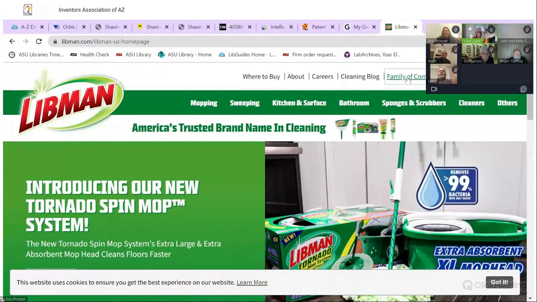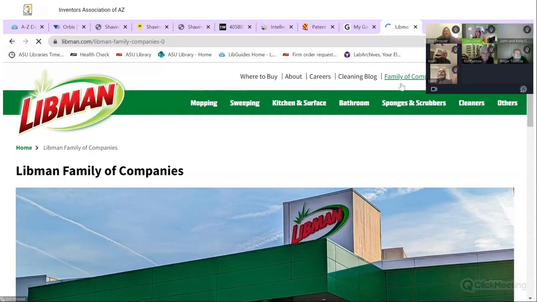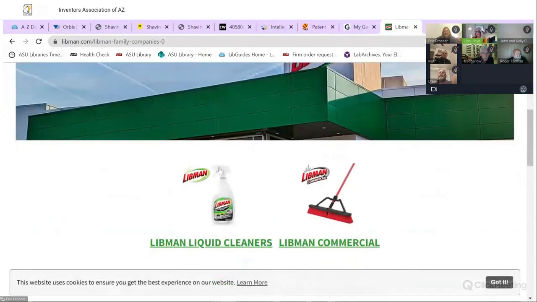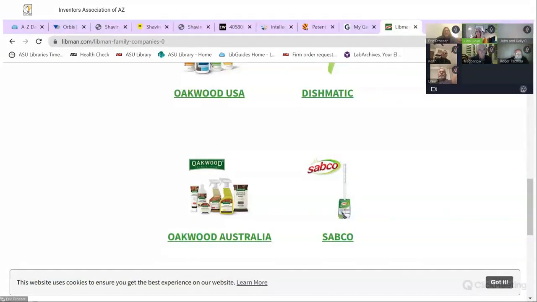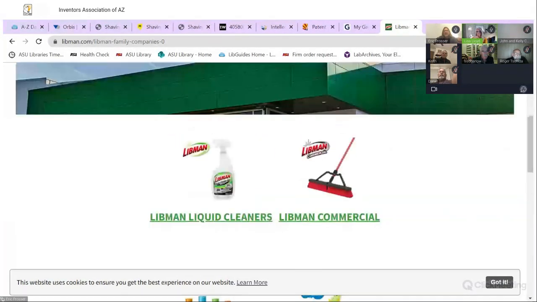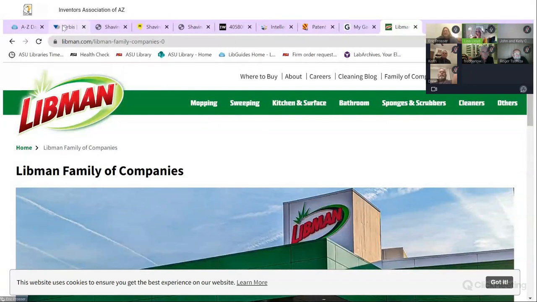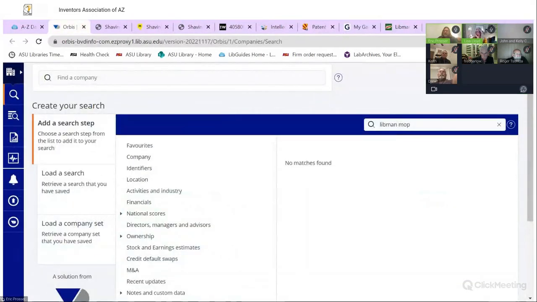Yeah. And let's see their family of companies there. That's a really good example of the type of mop company. Okay, and so they've got all these various things. Well, I have a mop that I pitched to them and that I may bring back to them. I don't know if I'm going to go back to them or not. That's one example.